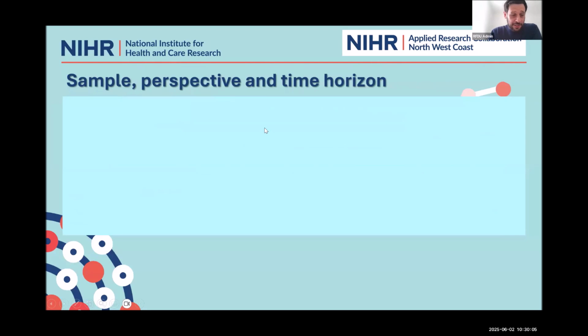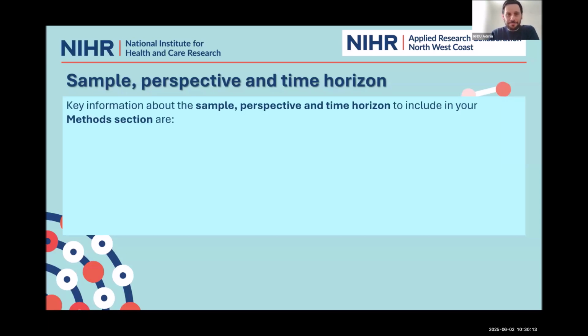Okay. So I'm going to cover the sample and perspective and time horizon quite quickly. I think these are probably the easiest things to extract from a paper. So you will typically, again, I use the word typically a lot today, but that's where information is going to be in a paper, but it's not always the case. But you can expect a lot of these attributes to be in the method section